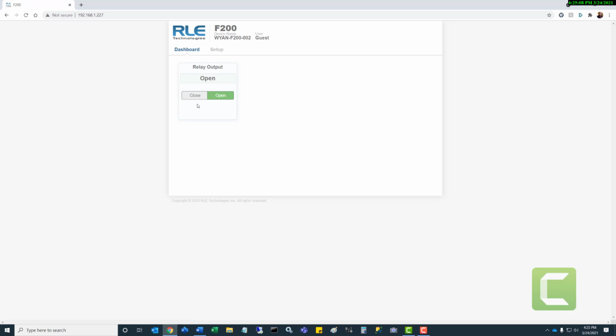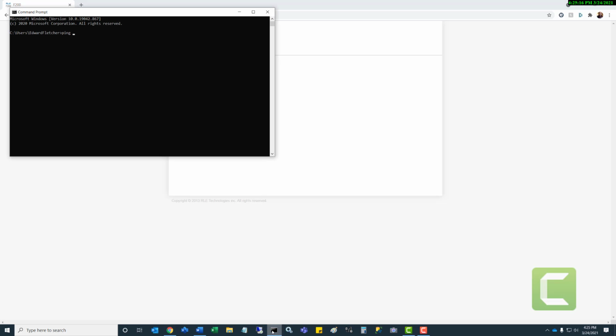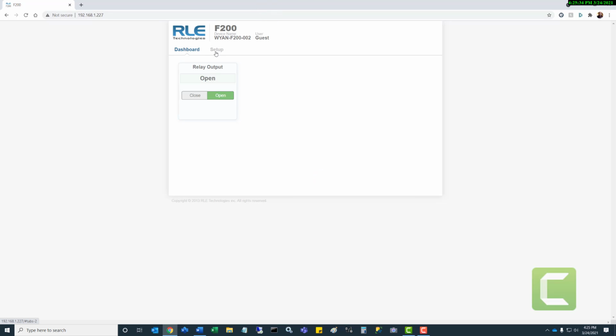There it is. If you're ever seeing something odd with some behavior patterns, opening up a command prompt and doing a simple ping, making sure that the device is responding back properly. It helps if I put the right IP address in. So, nice consistent response. So we'll just close this. So now I'll go back over. So at this point, I can go into setup and start configuring my sensors, or I can start plugging in